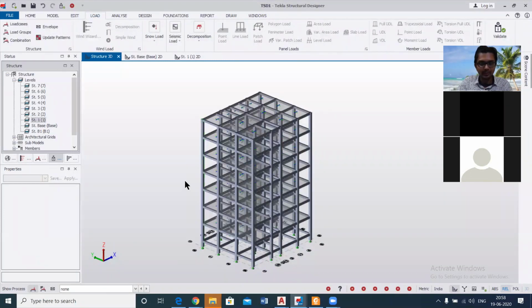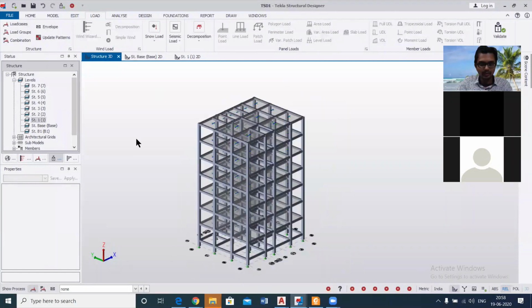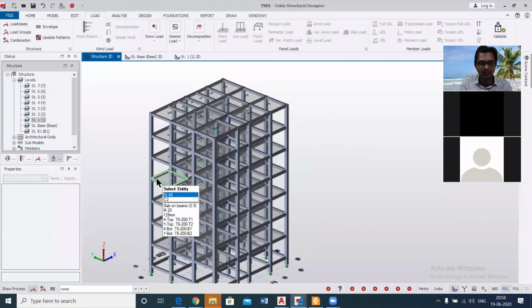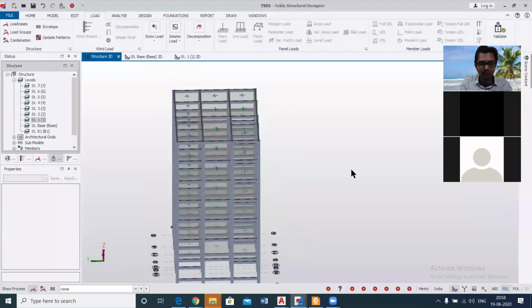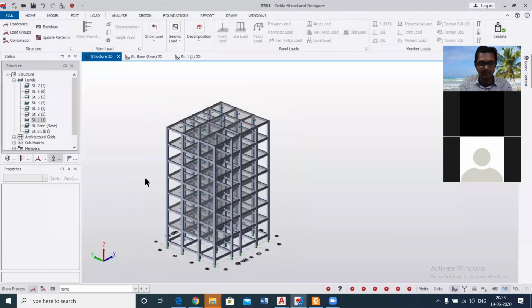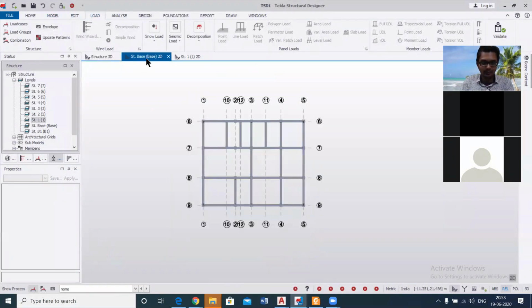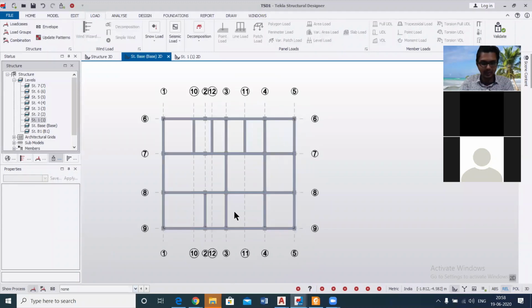Yeah, dead load, live load, and what is the code for the dead load? IS code. I think all of you know the IS code for RCC members, which is IS 456-2000. And for the dead load, we have the IS code specifically for the dead load, which is IS 875 part 1. So we'll assign the dead load here. We go to our first level, and then we'll just assign simple dead load here.